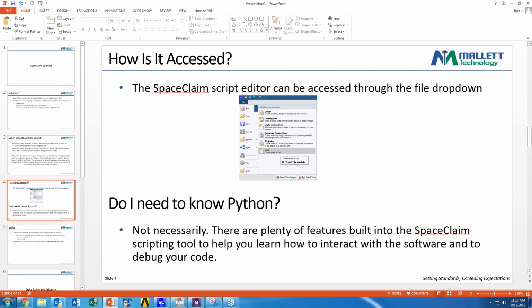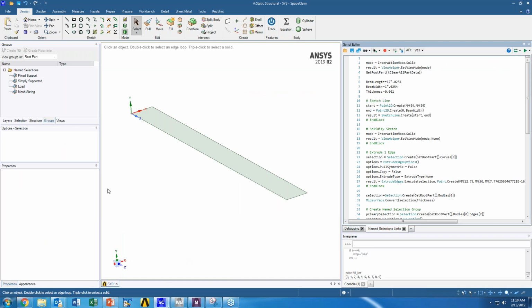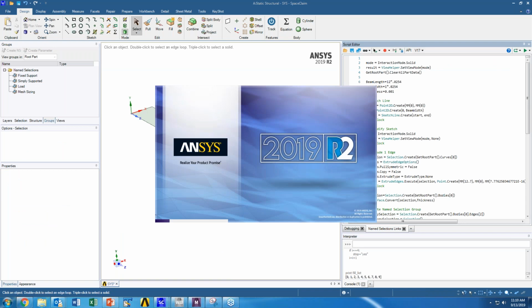Okay, so real quick, let me open SpaceClaim. If I start from scratch with a base level SpaceClaim, it's going to open with a standard opening where you're not going to have the script editor available to you.